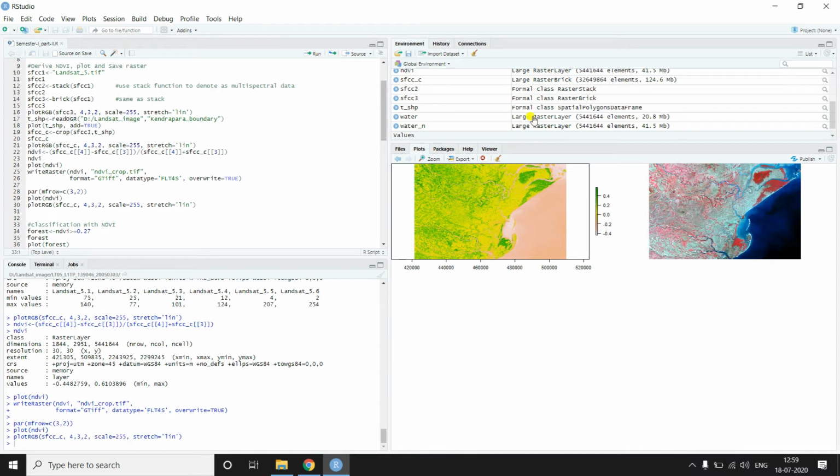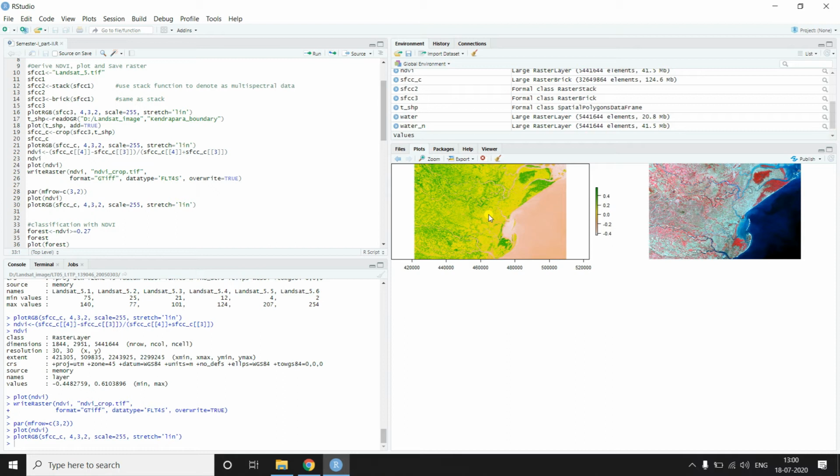Now you can see these are the forested areas, these bright red colored pixels, and you can see higher NDVI values for this kind of patches. And these are the water bodies, which are basically showing negative values. There are some croplands having moderate or low positive NDVI values, and these are the fallow land areas or bare areas, for which the NDVI values are quite low, near to 0.